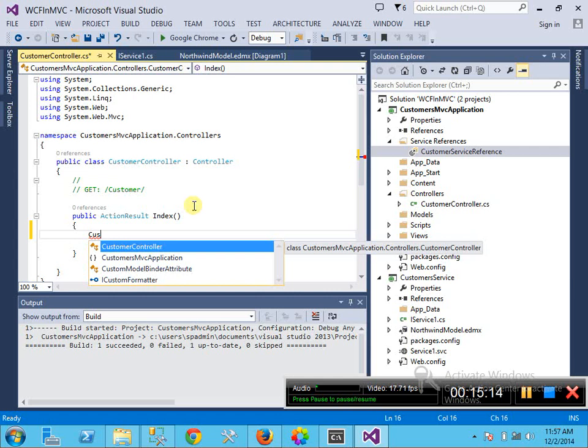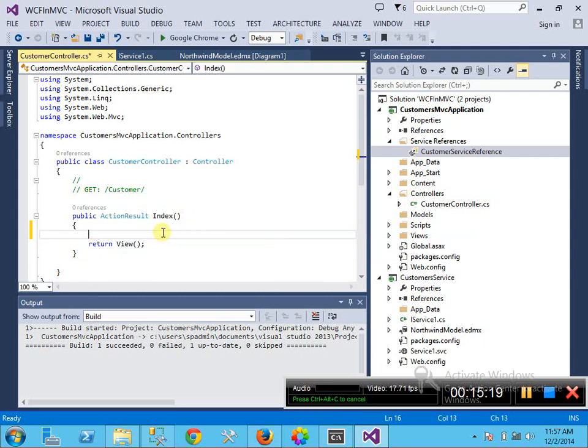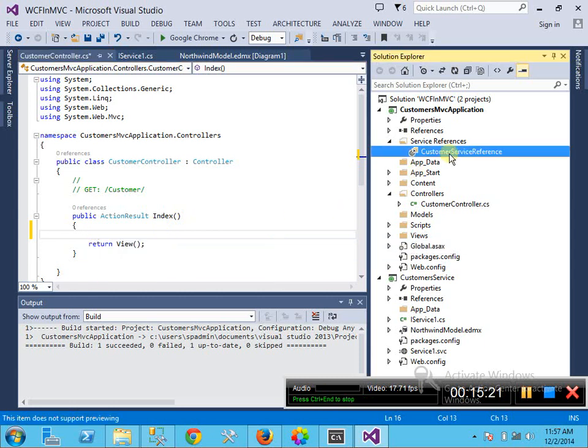These things sometimes happen because of an automation error. So in order to resolve this one, right click on the customer service reference,